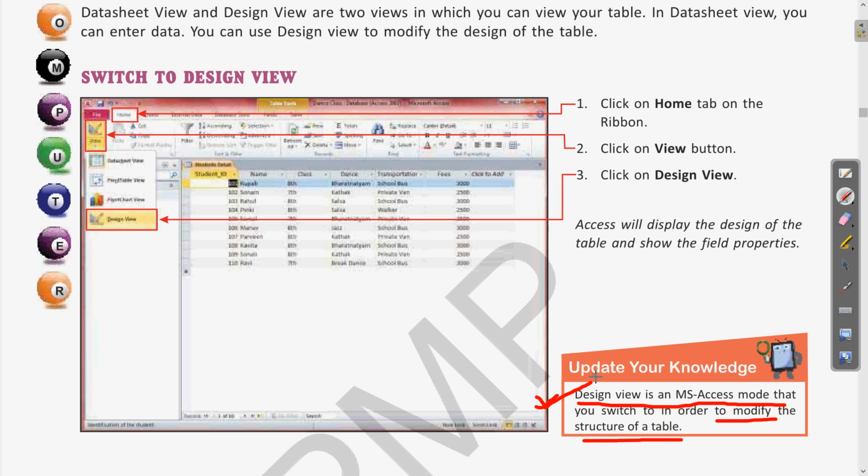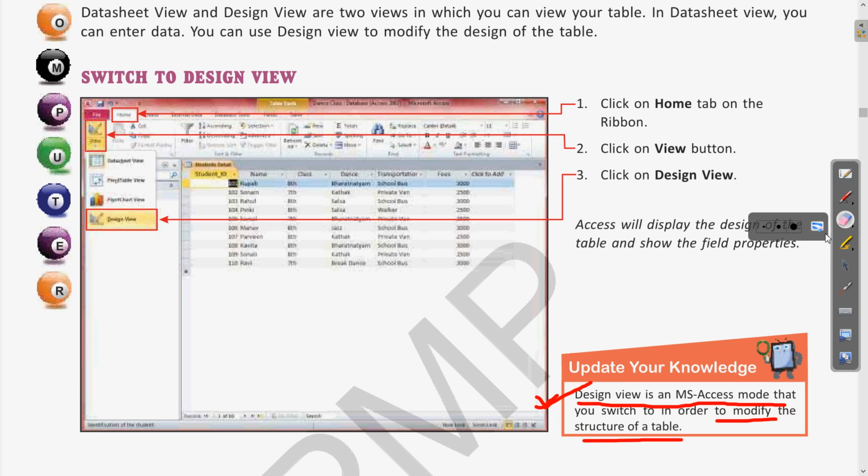Design view is primarily used for designing the table. As we are discussing, we can design the table, we can make any field a primary key, we can set some format. Clear? So this is the view in which the structure of the table can be modified. Clear? So this is the advantage of the design view.